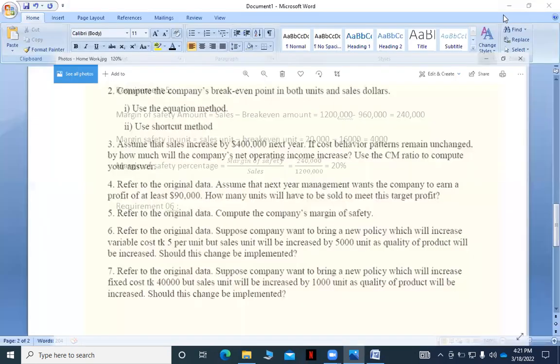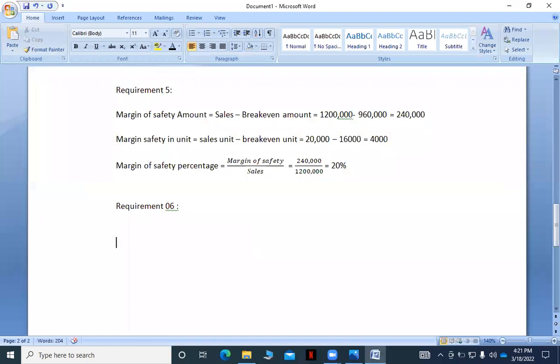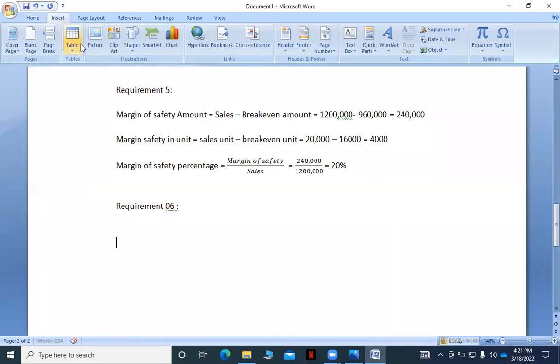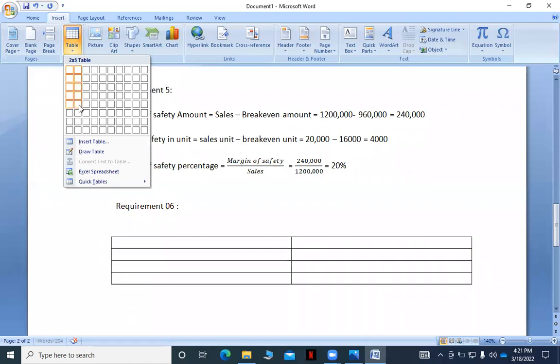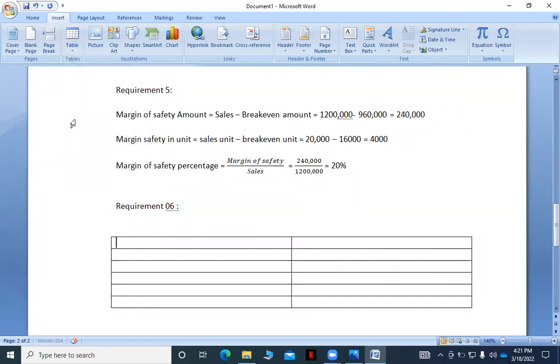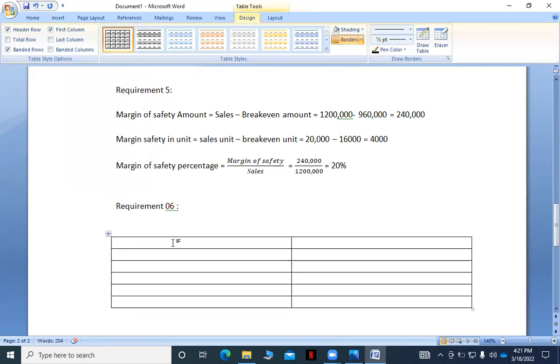আচ্ছা, so আমরা দেখি আমরা রিকোয়ারমেন্ট 6টা করে ফেলি। মানে এখানে বলছে যে কিছু চেঞ্জের ফলে কিছুটা চেঞ্জ আসছে আমাদের, তো এই চেঞ্জটা আসলে ইমপ্লিমেন্ট করা উচিত কিনা। তা আমরা কখন ইমপ্লিমেন্ট করব? যদি আমরা দেখি যে আমাদের নেট প্রফিট বা নেট অপারেটিং ইনকামটা ইনক্রিজ করেছে, বেড়ে যাচ্ছে, সেই ক্ষেত্রে আমরা এটাকে ইমপ্লিমেন্ট করব, আদারওয়াইজ আমরা এটাকে ইমপ্লিমেন্ট করব না।